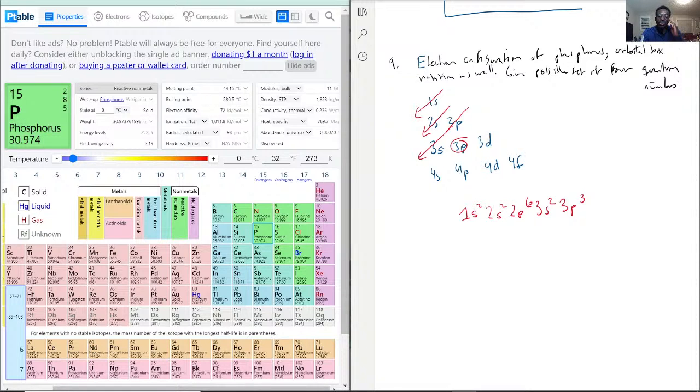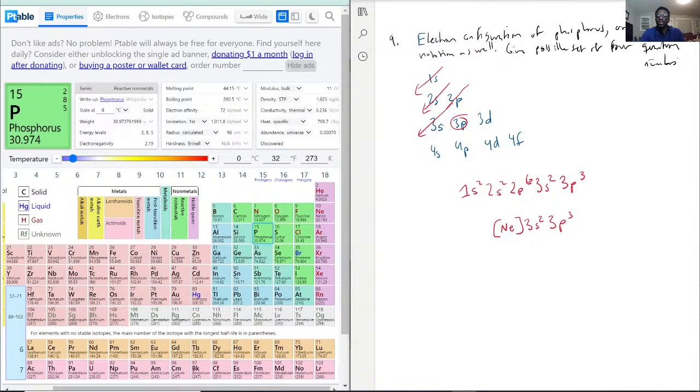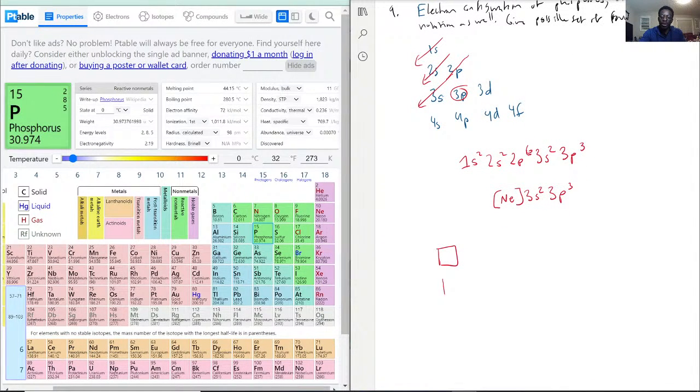And if we were to do the noble gas notation of phosphorus, we start with the previous noble gas, which is neon, okay, and then we have 3s2 3p3, okay, and then they're asking for the orbital box notation as well. I'm not going to do the full one because it gets really tiresome. Fine, you've convinced me. So with that, we're gonna actually draw it out,